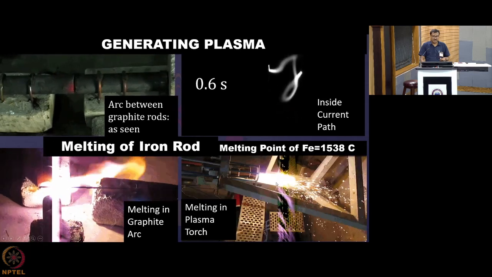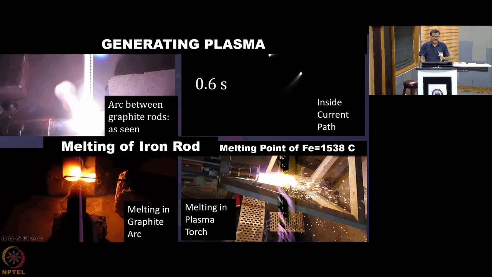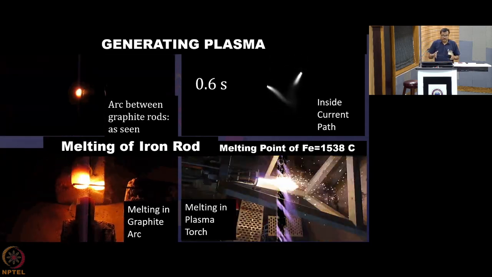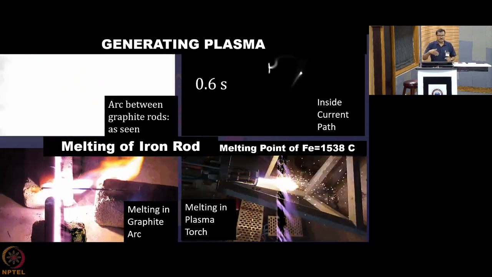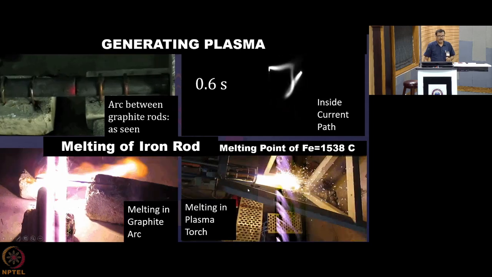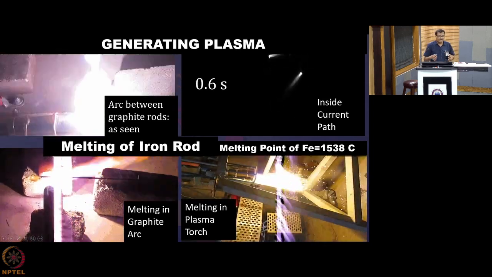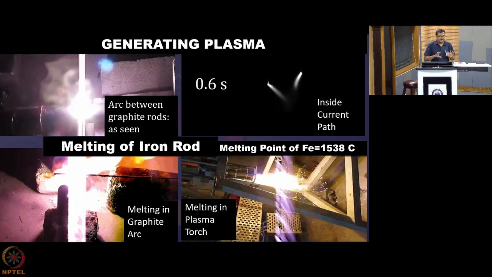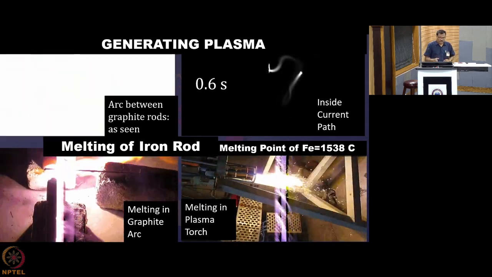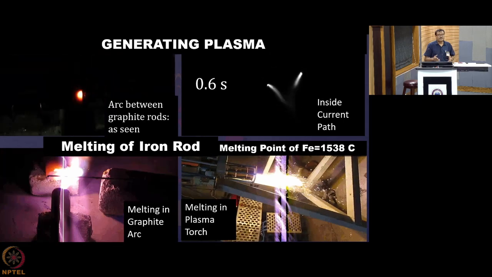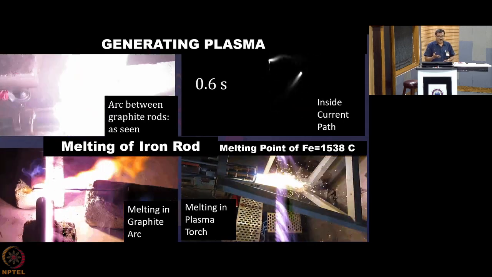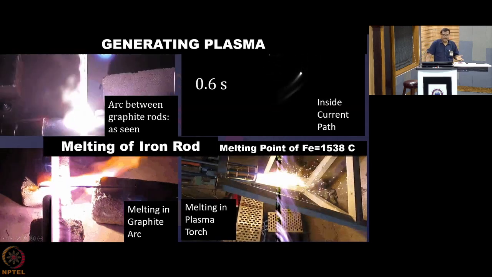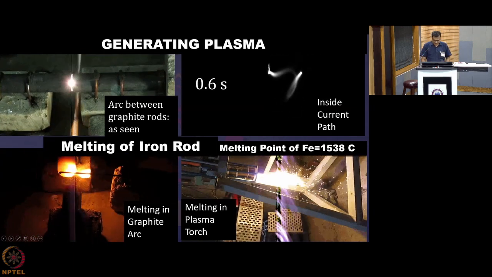There is optical emission spectroscopy by which we can exactly calculate the temperature. But here, just to have a gut feeling, you will be having a feeling that okay, the temperature of the plasma plume is really very high when you see that an iron rod is getting melted instantaneously by the plasma. And what you understand from this video is that there is a necessity of learning the technology of plasma devices which can tame the arc and produce a plasma which can be beneficial to many applications of our interest.